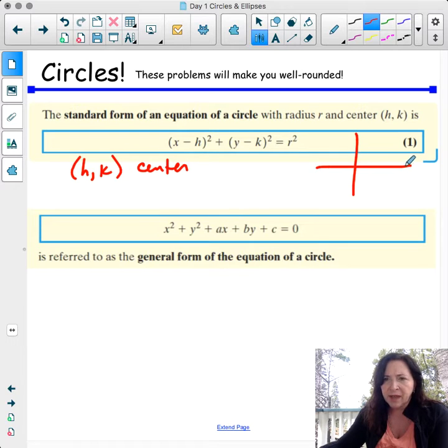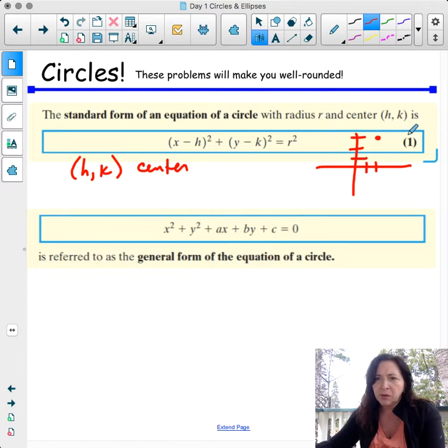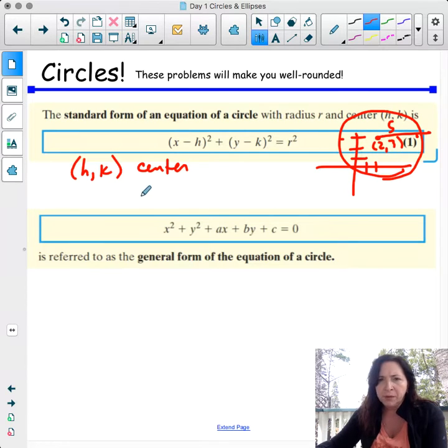So basically, if I had a center at, let's say, (2, 3), and a radius of 5, so that would be all the way around like something like that, my formula would be x minus 2, the opposite of 2. See that minus sign there? That's the opposite of 2, h being the x coordinate of my center, and k being the y coordinate of my center, squared,